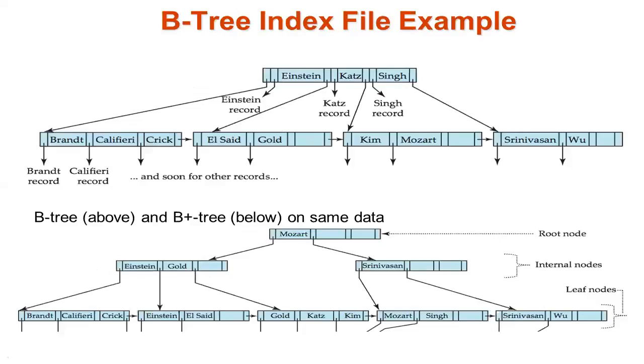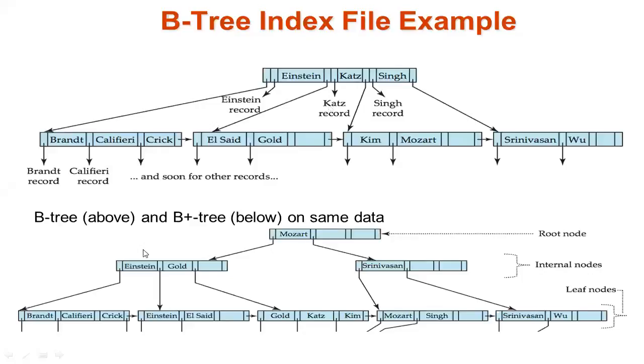And here, what is the difference between the B tree and the B plus tree? The same example is given. The B tree is given at the top, and the B plus tree is represented at the bottom, okay? The same data, right? So here, as I said, in the B tree the data may be in the root node, the intermediate node or the leaf node; the leaf node will have a set of data, the intermediate node will have a set of data, and the root node will have a set of data, okay? So there will not be any duplication or repetition in the B tree, right? So it will be as it is. That's what we already said. The data or the node present in the B tree will be there only once, okay?